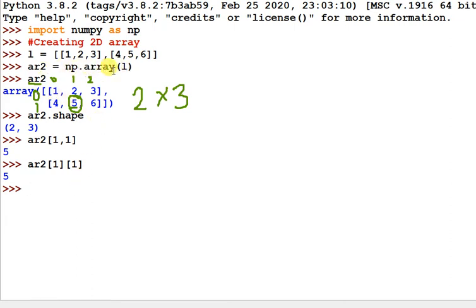So first you have to create a nested list, and you can pass that list into the array.